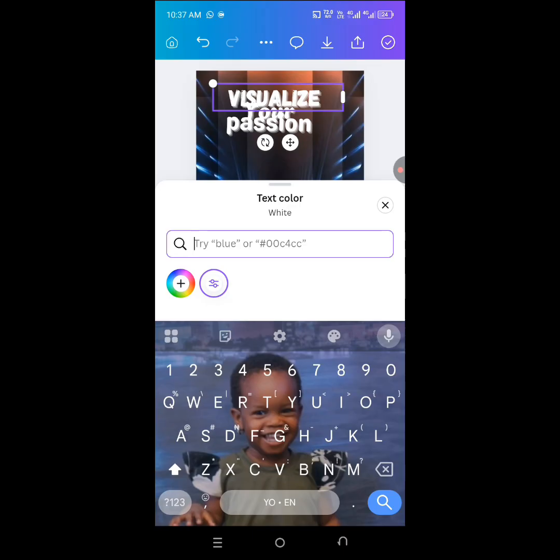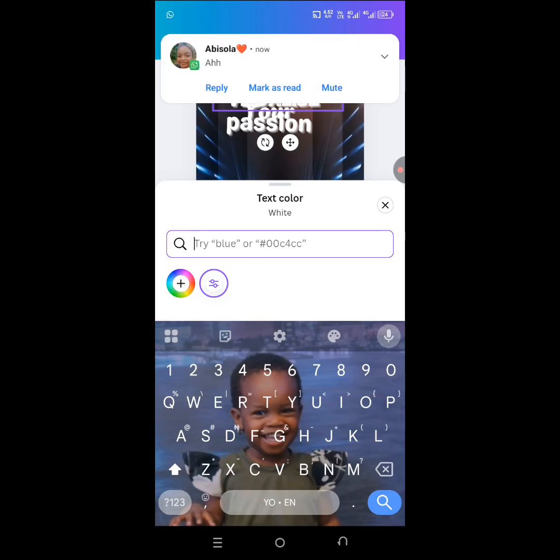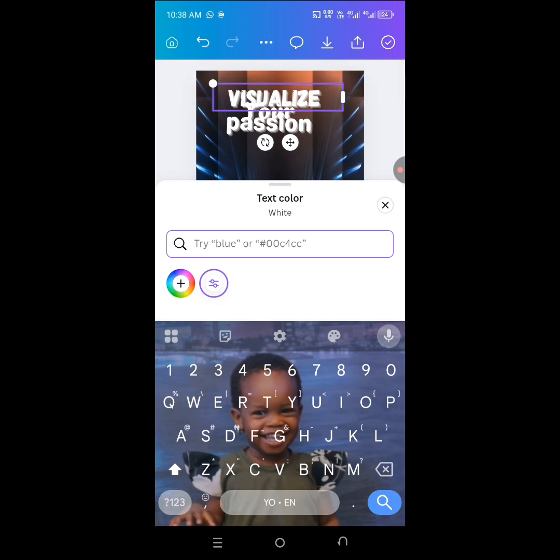Search bar: if you write the name of the color, it may not give you the exact one, but if you put the code of the color there, it will give you the exact color you want. So if you are asking questions from AI, it will give you the code, then you put the code there. Like the code you are using now, which is neon blue, the code is